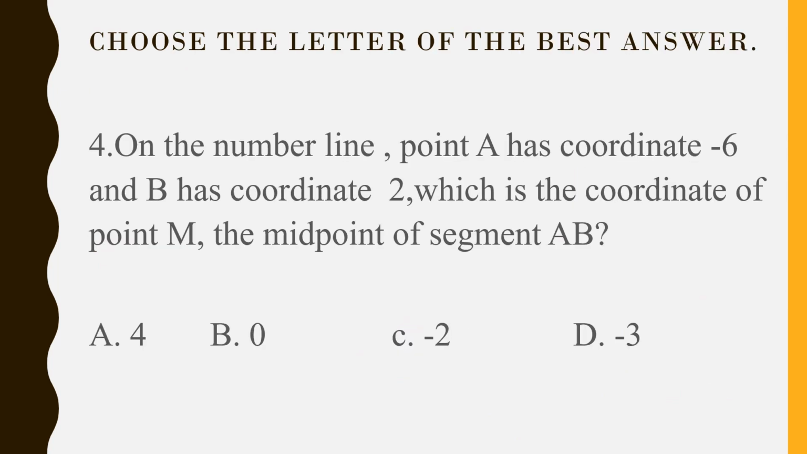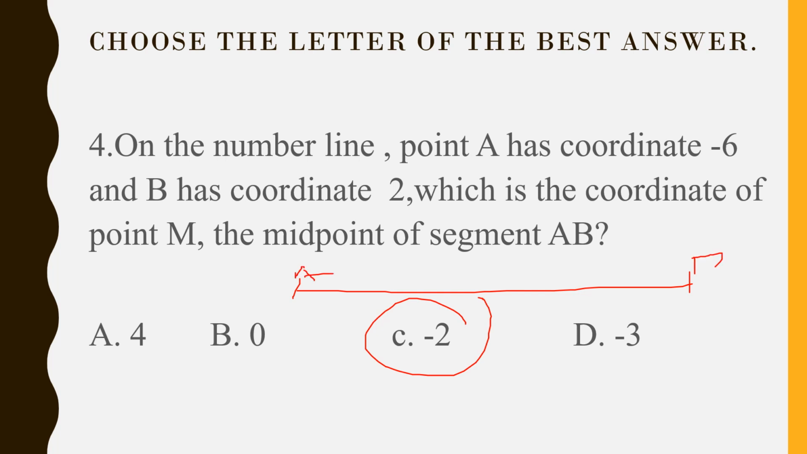Okay, so for number 4, on a number line, point A has coordinate of negative 6 and B has coordinate of 2. What is the coordinate of point M, the midpoint of segment AB? So the answer here is negative 2. Why? Because if we draw a number line here, we have AB, and then the midpoint is M. If this is negative 6 and this is 2,